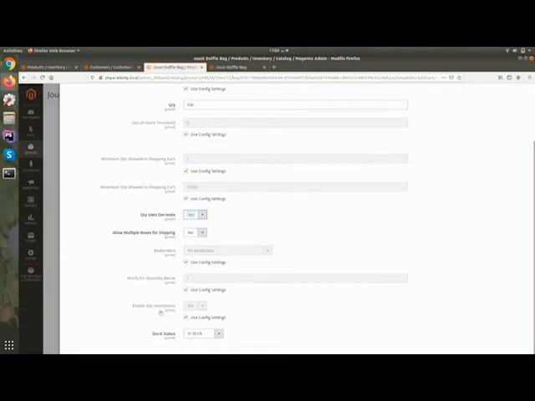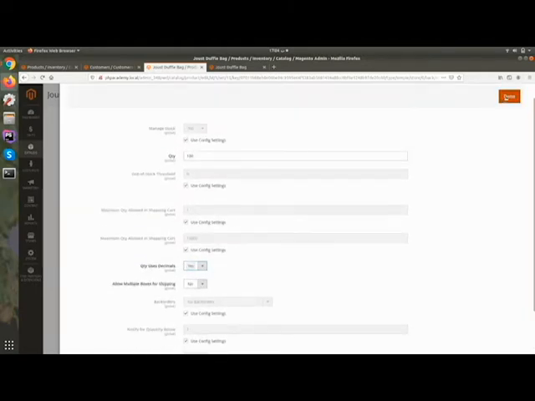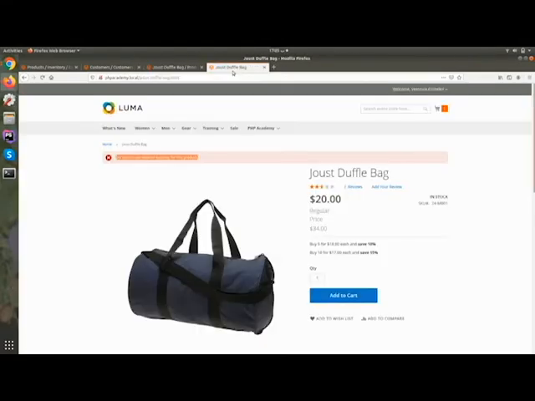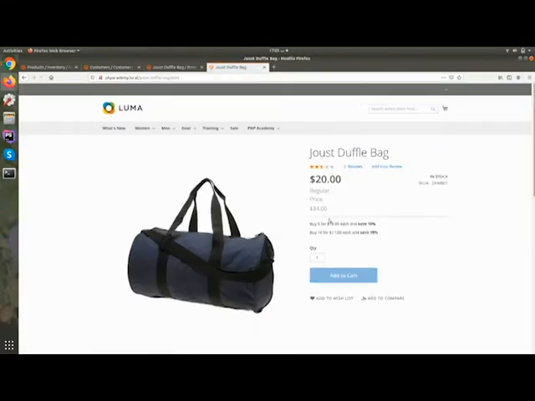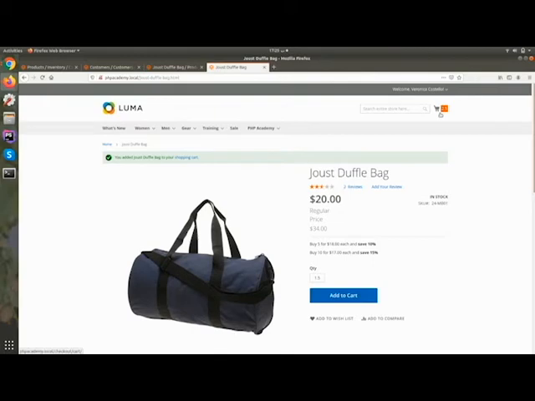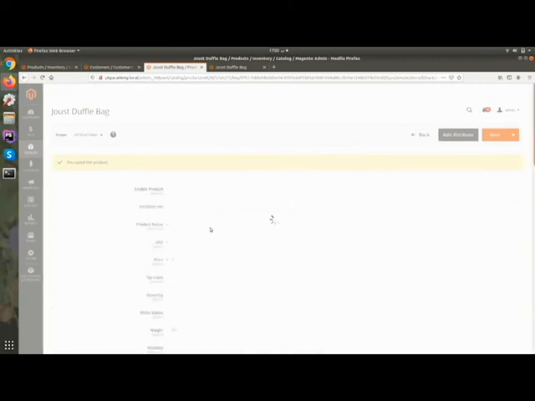But here you have to set it to no. So I have set it to yes. Now let's see. See, 2.5 product is added. So if you have a product which needs a decimal type of quantity, you need to set it as yes.